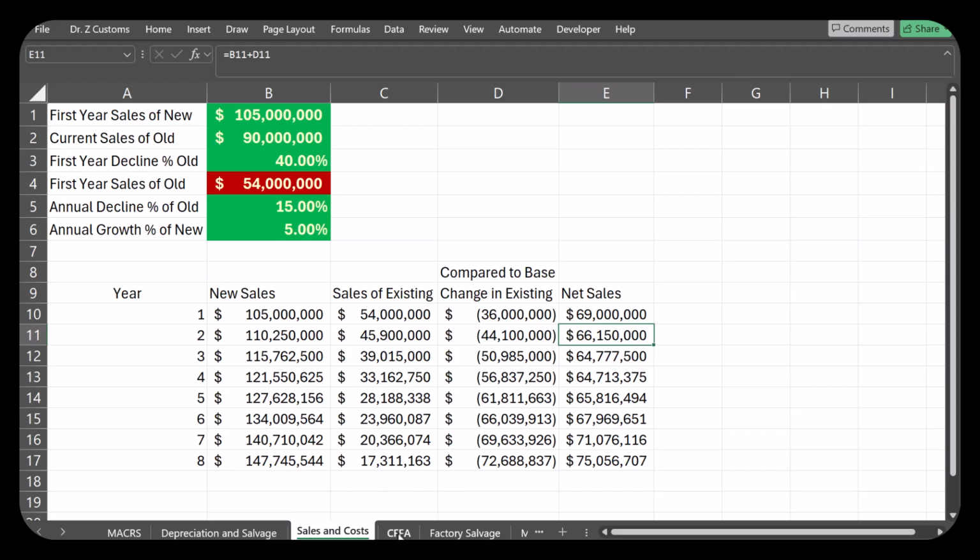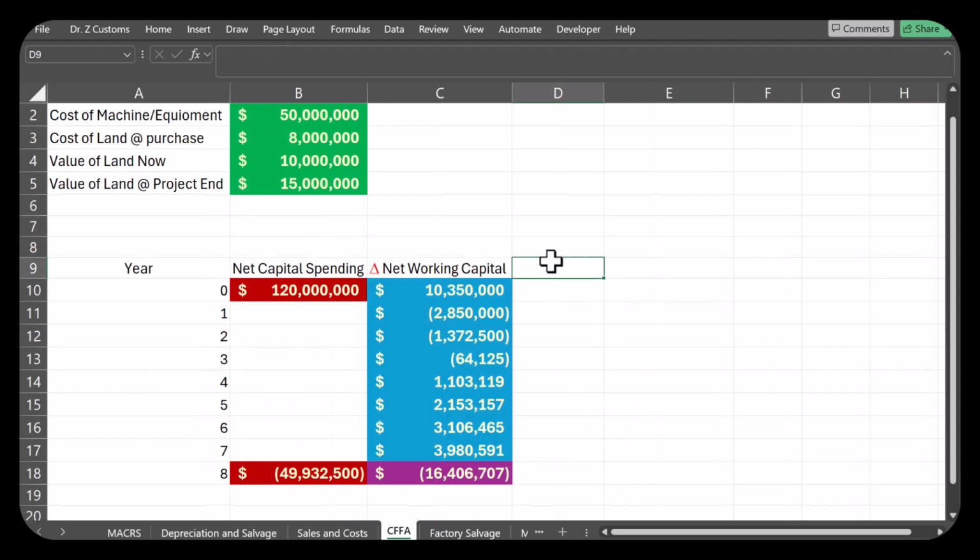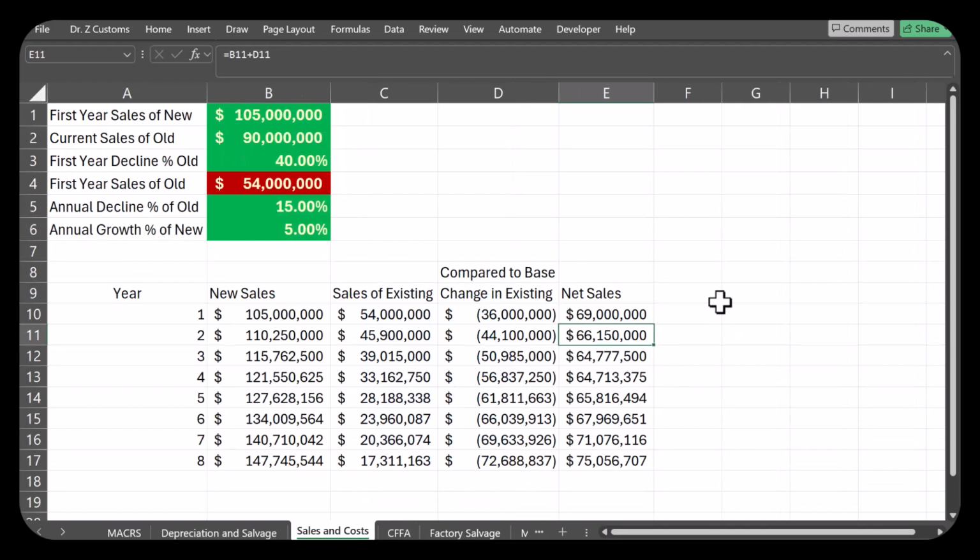Next, we're going to have to calculate operating cash flow. But to do that, I need to know net income. I need to know depreciation. And to calculate net income, I also need to calculate variable costs as well as fixed costs. Since they pretty much work off of the sales, let's calculate